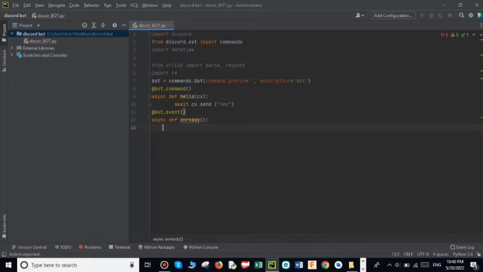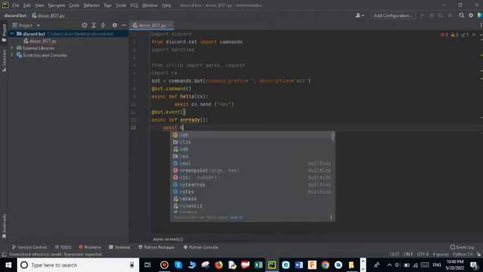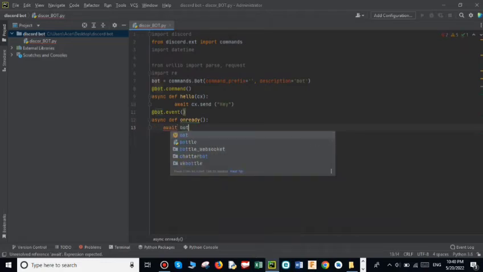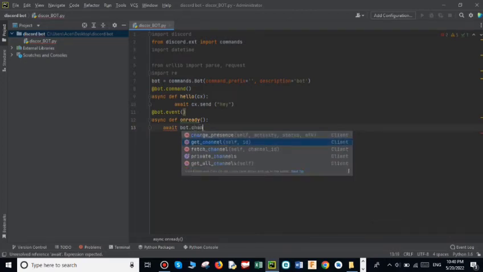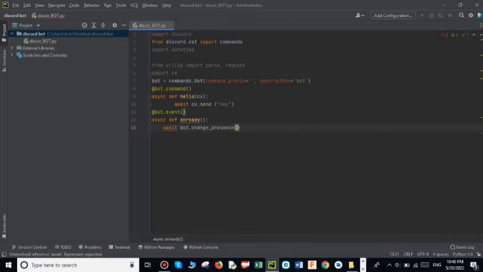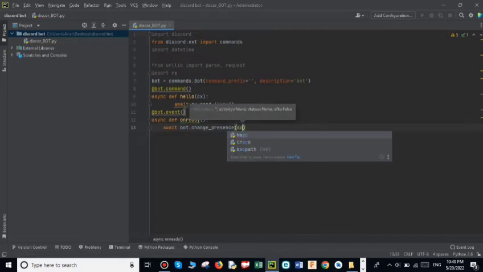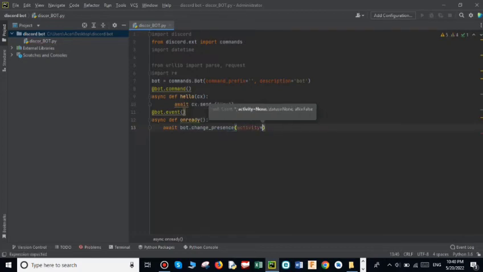All right, I'm going to write it like this. Then we press enter and write await bot.change_presence. All right, so here you're going to write the activity